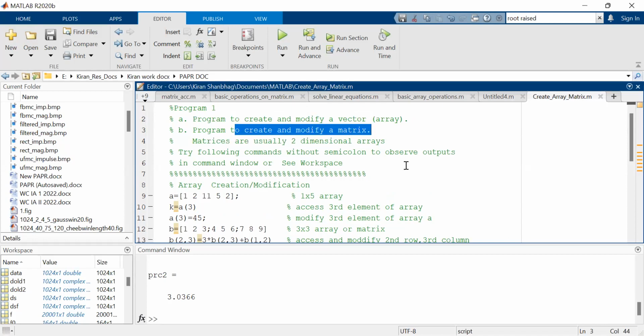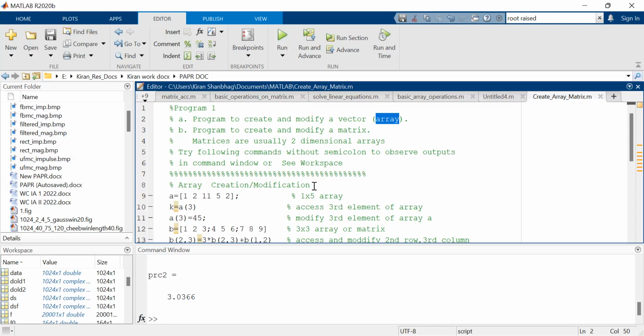matrix. So the experiment says, some experiments are about arrays and some of them about matrices. Usually a matrix is a special case of an array, which is usually two-dimensional in nature. An array can be one-dimensional, it can be two-dimensional, it can be three-dimensional, it can be four-dimensional, whereas a matrix is usually two-dimensional in nature. Okay, so what we will now do is we will try to learn some of the simple